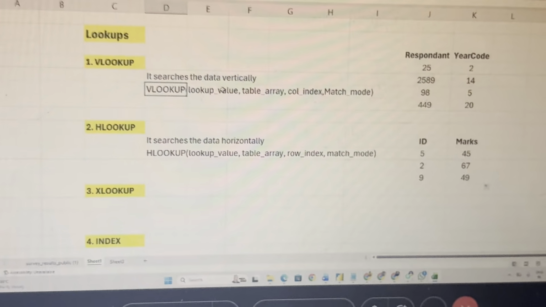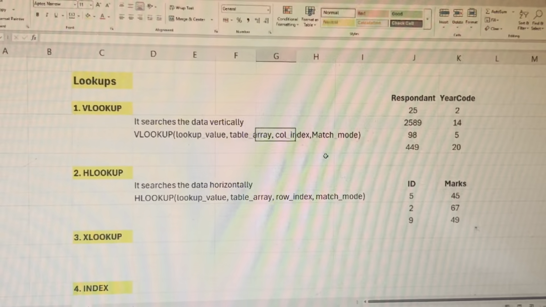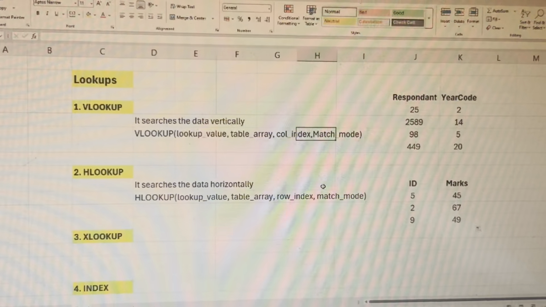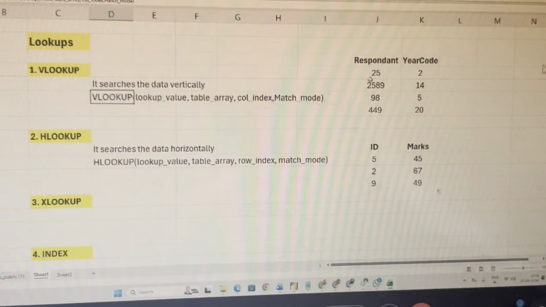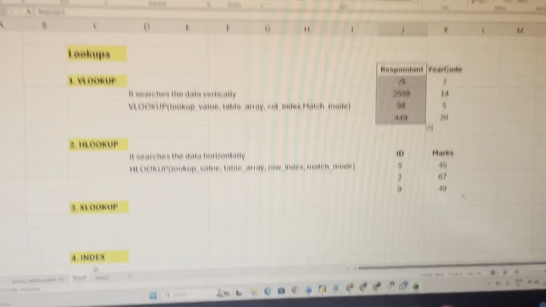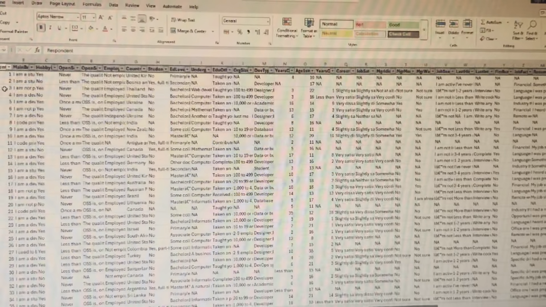Easy because I have 4 parameter values. Another one is the table array, column index, and match mode. So only 4 values we are passing. And here in the VLOOKUP function, obviously here I know the respondents because in this survey data I had already